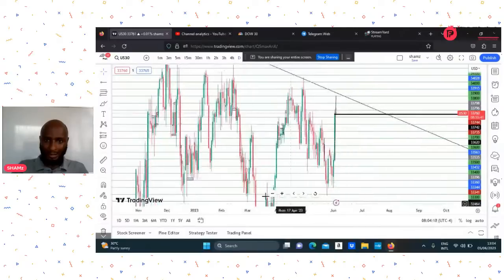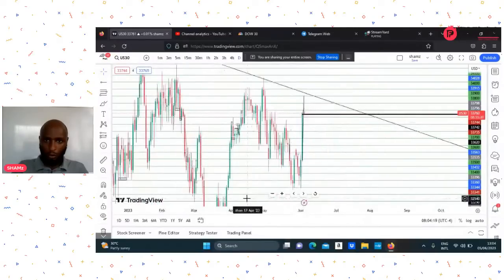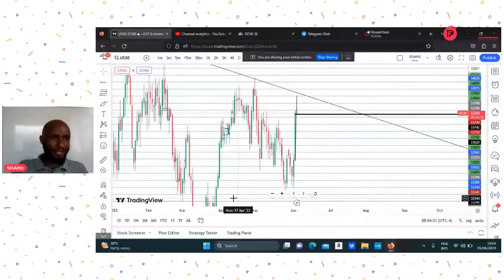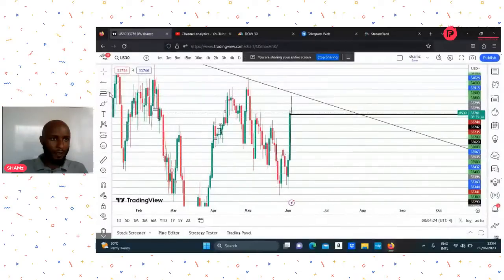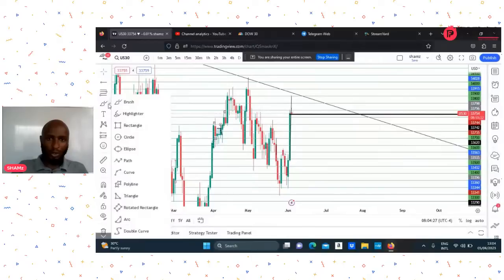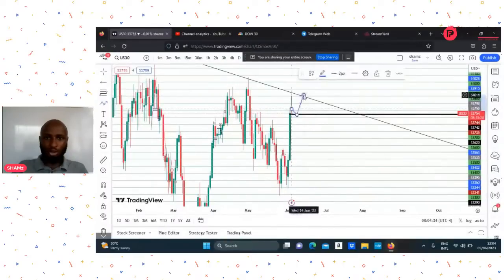Of course, there should be a retracement down, and what we are seeing clearly is a retracement. So I expect this market, this US30 chart, to do something like this: a drop here, then a push up to this. This is the major zone that I am anticipating for my sell.